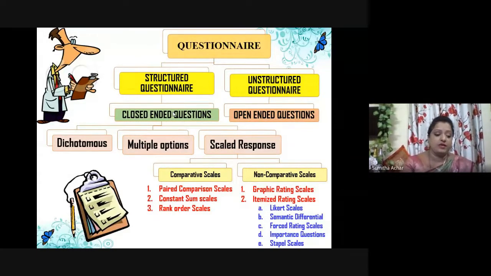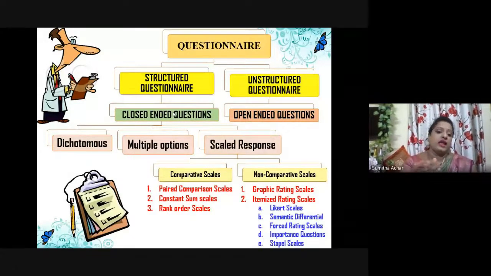Now, one important thing one must understand: if you include closed-ended questions in the questionnaire, you should do an adequate literature review, right? Because if I'm asking about occupation for my target audience, I should know what types of occupations the target audience really belongs to, so I have to include them. Say marital status: simply asking married and unmarried is different. What are the categories, whether it is divorced, single parent, or widow? You should know whether to include them or not based on your target audience.